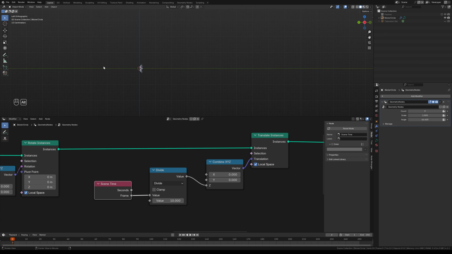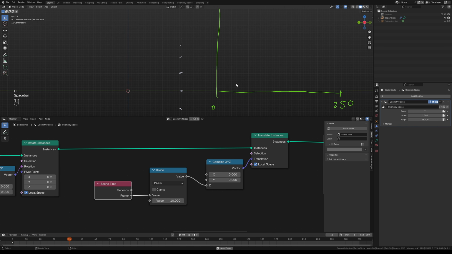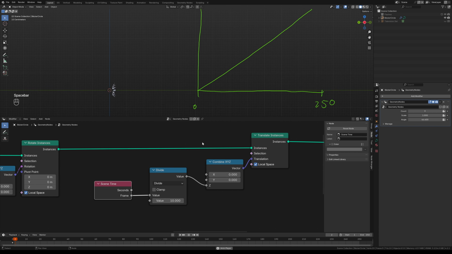So now, if we were to draw this as a graph, we have the time at the bottom. That's our timeline. So we've got 0 to 250 frames, let's say, at the end. Along here is the distance they're traveling, which is going to the Z. And as I play it, as the time goes up, they get further and further away. So that's what the animation graph looks like. But really what we want is